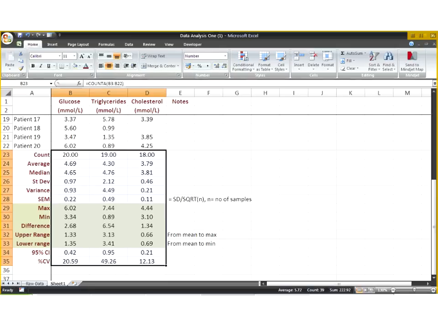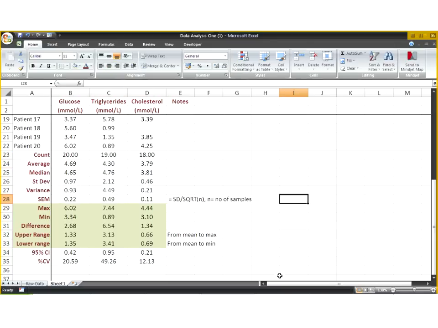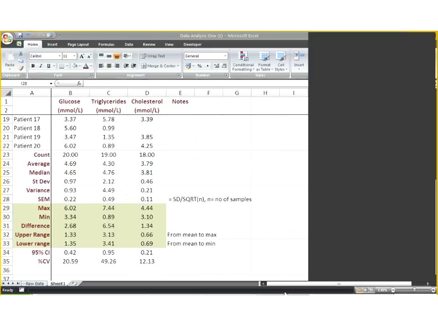I want to get rid of my decimal places, maybe leave myself with 2, that's manageable. So again, I'm just highlighting all the data and